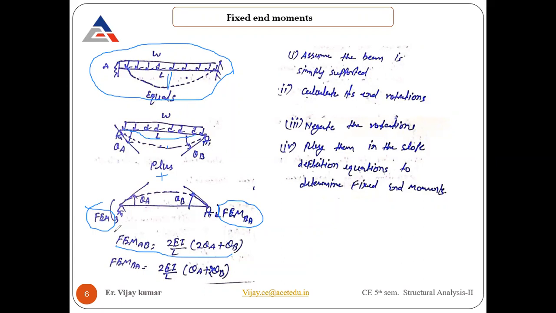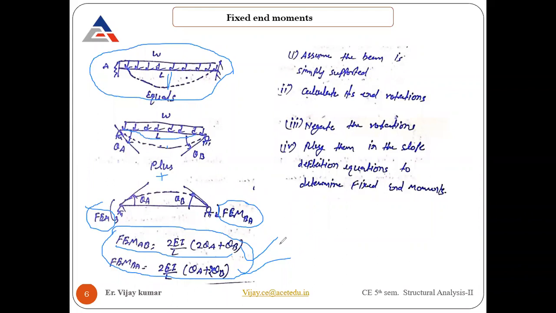So this is the fixed end, or you can say the slope deflection equation. By using this, we can also calculate your fixed end moment, that is the required value. So we have already seen how to calculate fixed end moment in a different way. Everybody knows the procedure, the technical terms, and the method to approach to solve those fixed end moments. We already solved some problems related to those in the previous class.